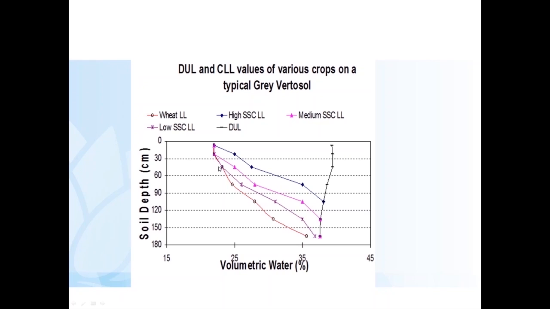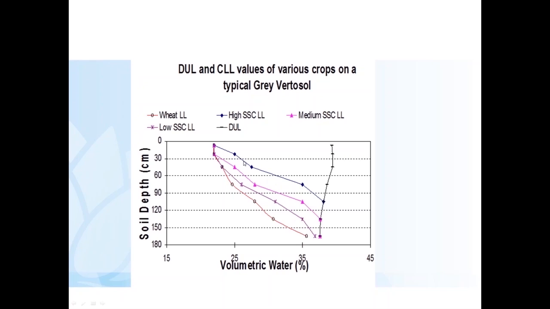So here's this red line, and that's the typical extraction pattern for wheat. If you look at the area between the red and the black line, you can see how it's quite a big volume there, and it's quite a lot of water, so your bucket's quite big. And as you get subsoil constraints present in your soil, you're constraining the roots so they cannot explore that soil depth and extract water. As your subsoil constraints become more and more present, the bucket size becomes smaller as the roots are prohibited or limited in exploring that soil